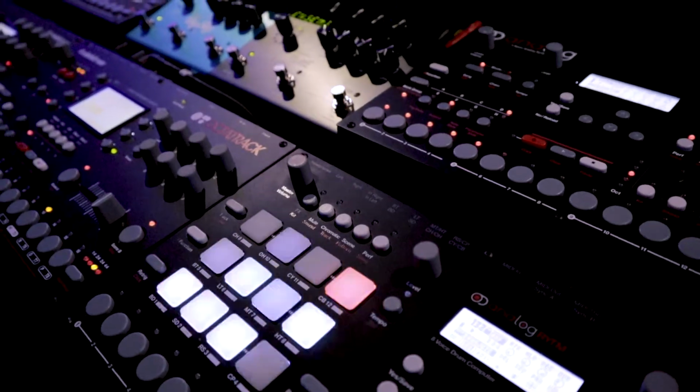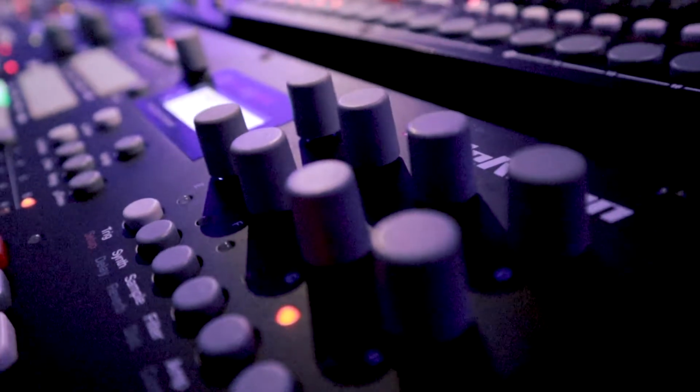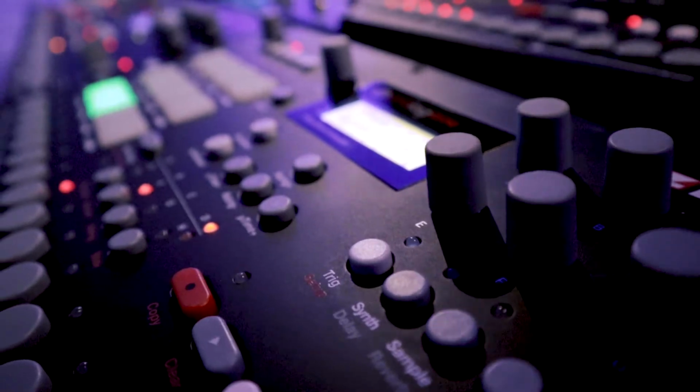Basically, what I'm doing on Electron is I build out a bunch of sound designs, and then I build a kit, and then these analog synthesizers are just great for building tracks and building songs, and they have the capability of storing songs and storing patterns. That was really important when I was building the system, because how do you go from one song to the next song? It has to be MIDI synced, it has to be connected so that each one of them is talking with each other. So when I was looking for synthesizers for my system, because I knew that I wanted to do something live or possibly on the keyboards,